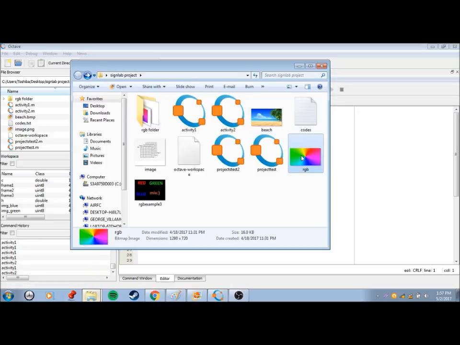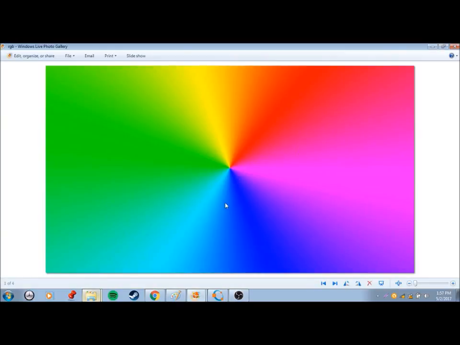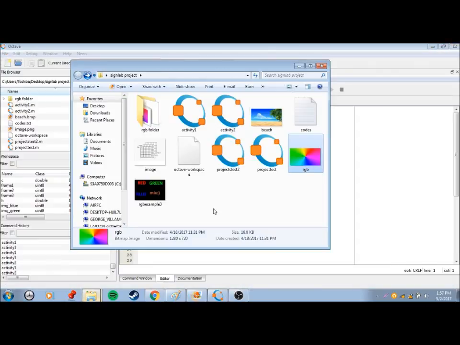Let's say we want this image, RGB.bmp. As you can see, it's a combination of pretty much everything. It's very colorful, like our lights in Don Bosco. Let's try it all together.